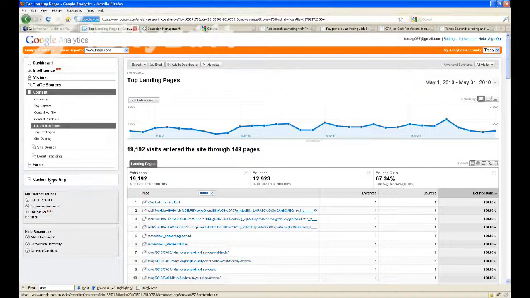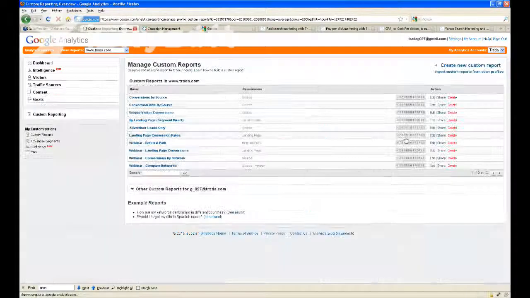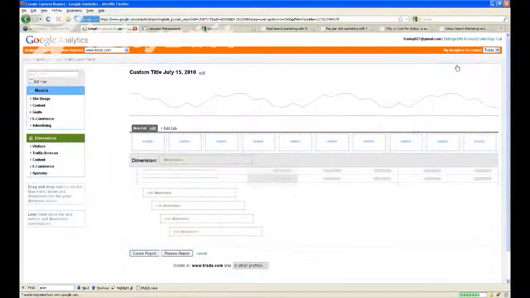To set up a report to figure out how well your landing pages are working to generate different types of leads or sales, you go to Custom Reporting, click on Manage Reports, and create a new report. As a side note, I'm using Google Analytics Live here because I wanted to show you how to navigate around the system if you're not very familiar with it. It can be really quite daunting sometimes because it's not incredibly intuitive until you've used it for a while. Sometimes Google Analytics speeds up or slows down, so bear with me if the system gets a little bit behind.